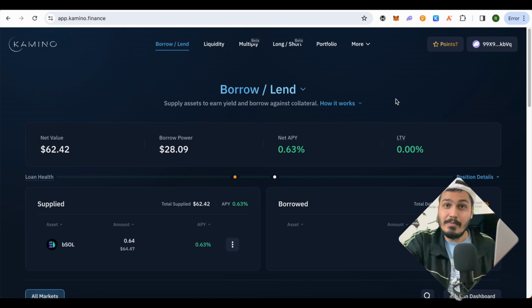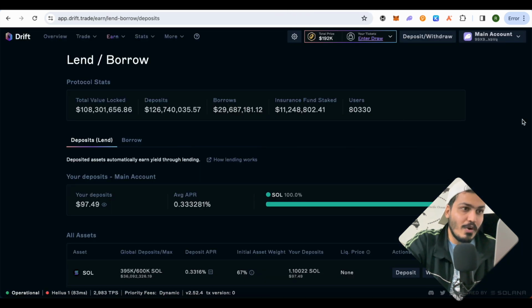But sometimes the people who are supplying more funds basically get more rewards. So this is how it all works everywhere. More money attracts more money. That's how poor gets poorer and richer gets richer. But let's not go into that debate as of now, and check out our other platform, and it is called